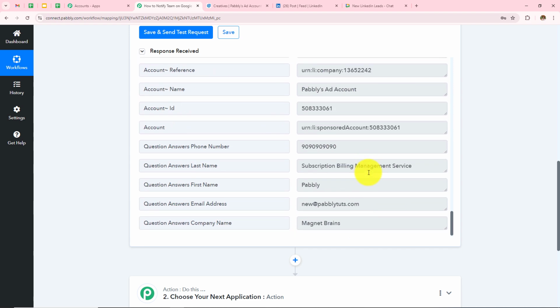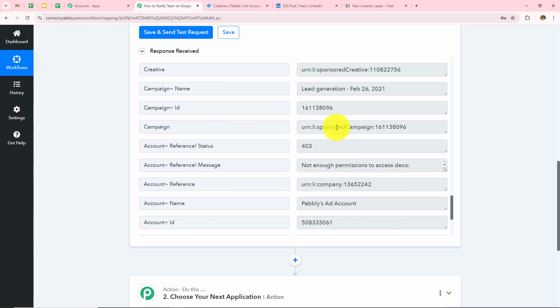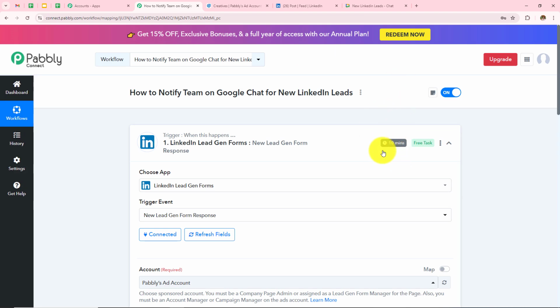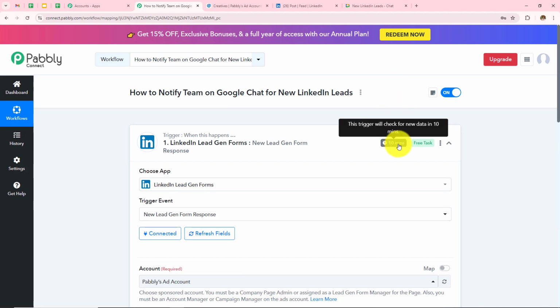This means we have received the data from LinkedIn in our Pabbly Connect, and this means the connection between LinkedIn and Pabbly Connect is successful, and whenever someone will submit the form, we will start receiving response in our Pabbly Connect. Now over here you can see that the polling or the trigger timing is 10 minutes, and